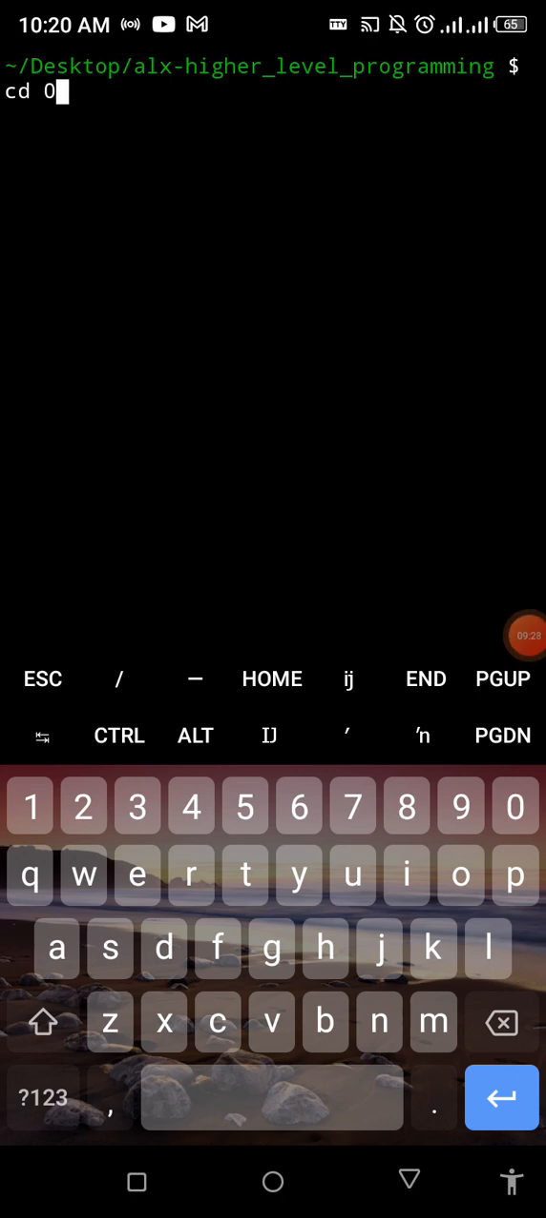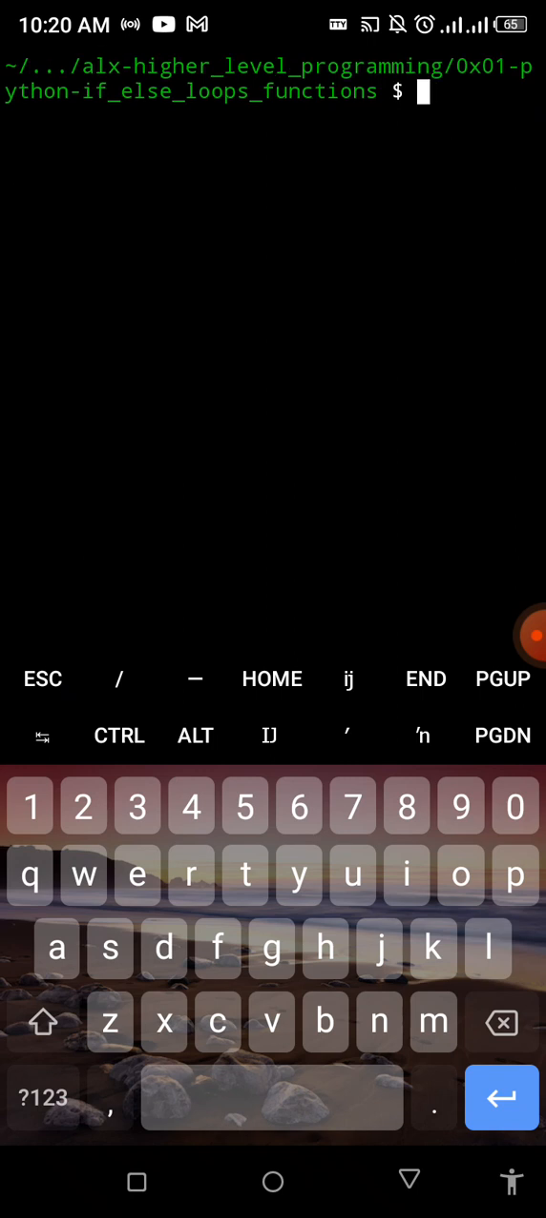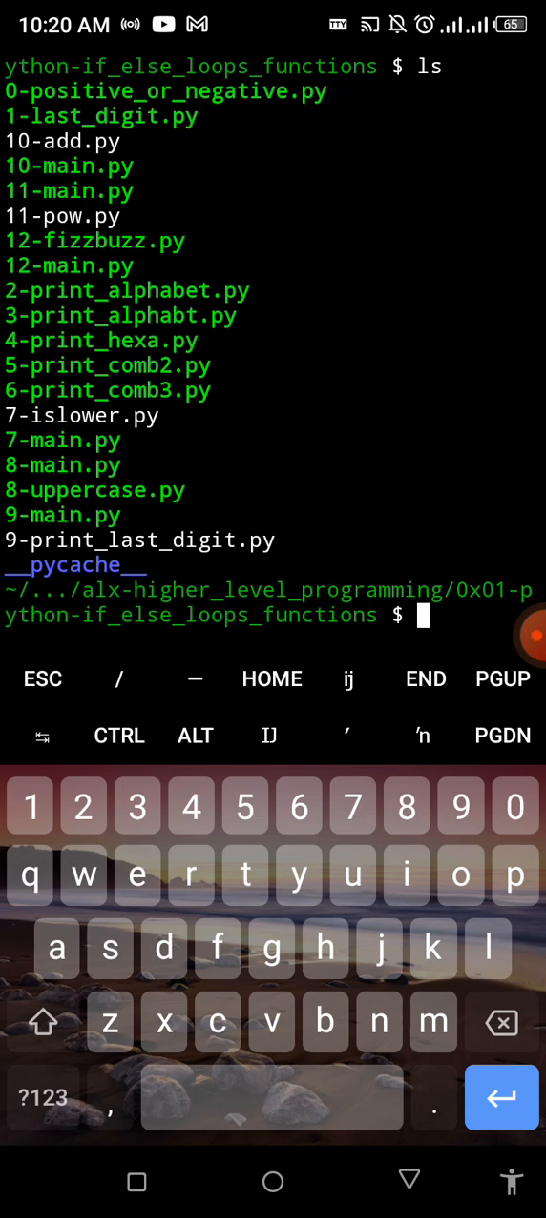So 0x0, just like that, then 1, and we hit enter and we are there. So now that we are there, let me keep on clearing. If we list what we have there, these are the bunch of stuff we have. So we are going to be creating a file called